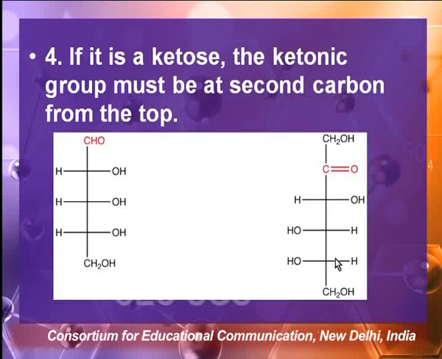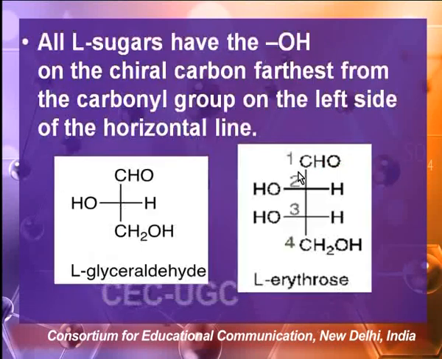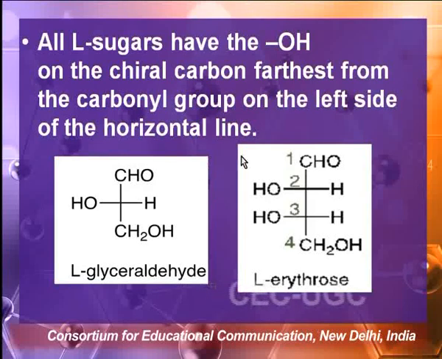In ketoses, the carbonyl group, that is the keto group, is most oxidized, so it is given position 2; it cannot have position 1. Whereas in the case of an aldehyde, it is given position 1. So this is how you first write the molecule in Fischer's projection before assigning the D and the L